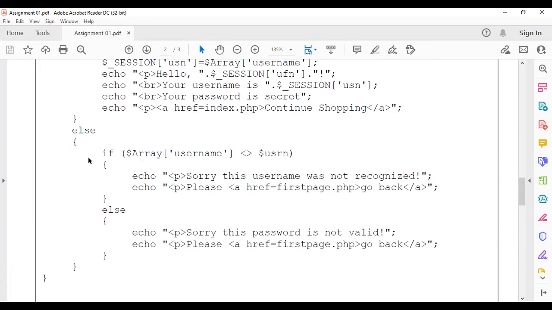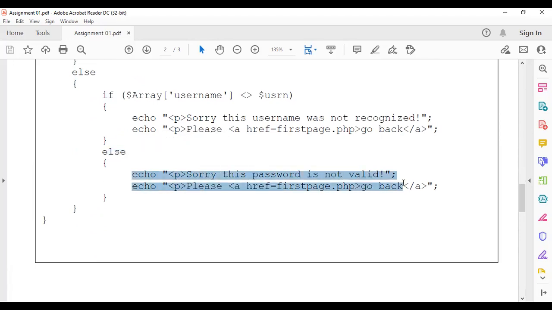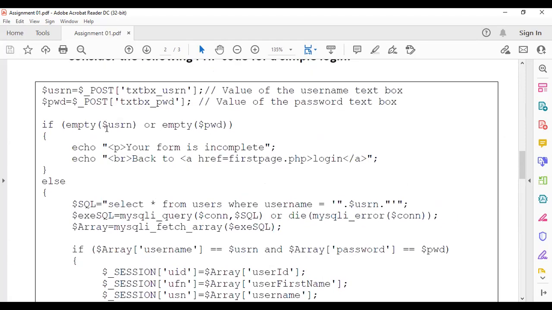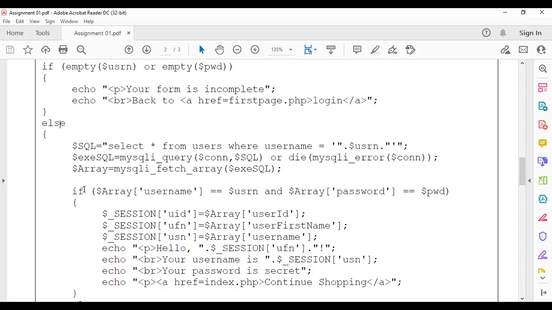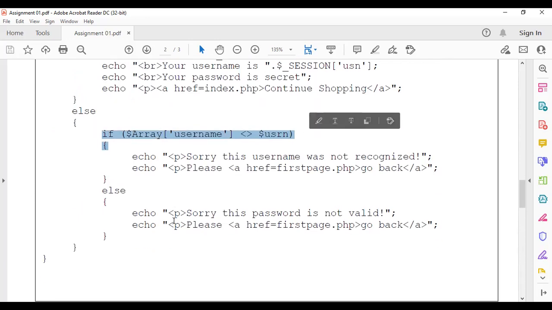Then we have another if here. These are simple statements, right? So actually we have one if here, and the second if is this one, and inside the else again you have an if, right?